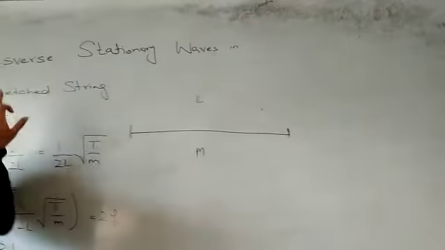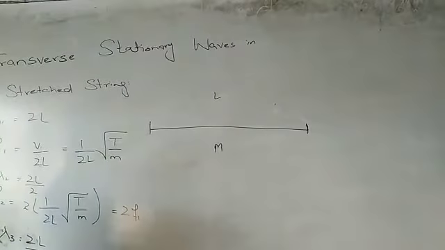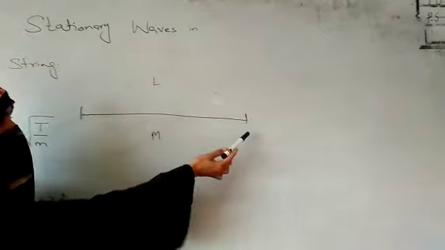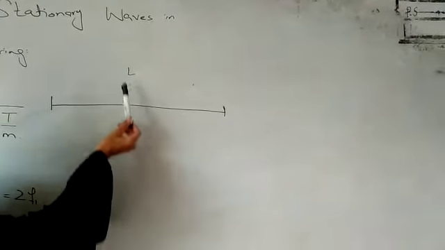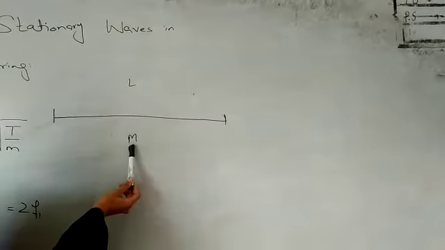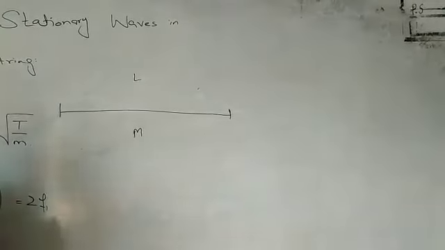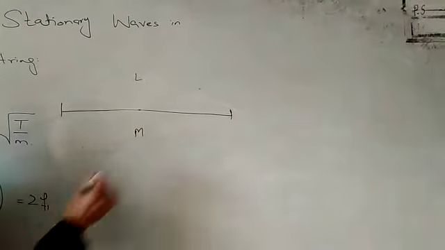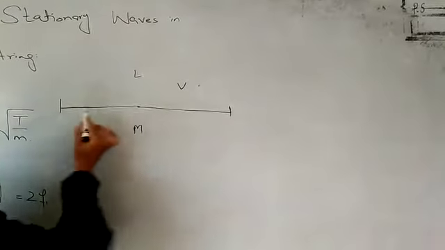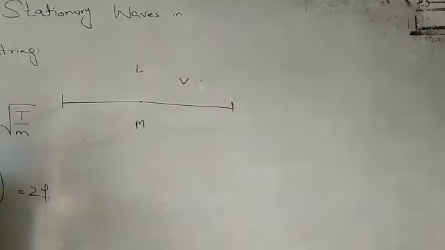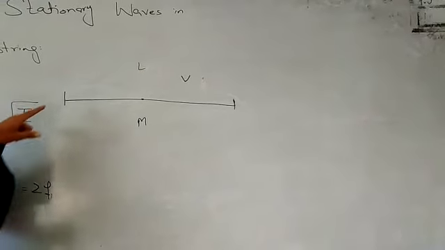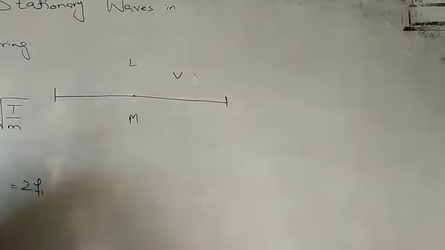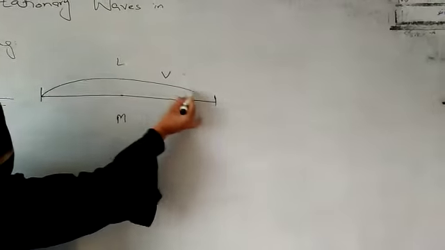Here we discuss the transverse stationary waves in a straight string. We take a straight string which is fixed between 2 points, and this string has length L and mass m. Initially we pluck the string at the central point. We generate 2 pulses which move with speed v towards the fixed ends of the string. After reflection from the fixed end, they meet at the central point such that the whole string vibrates in